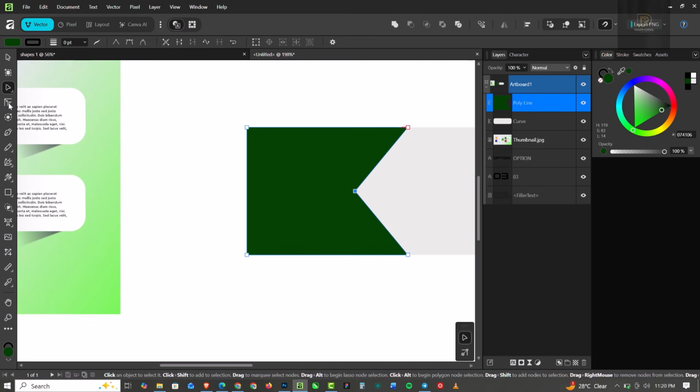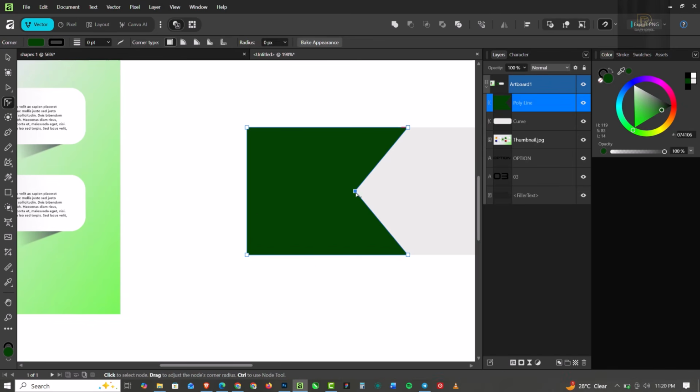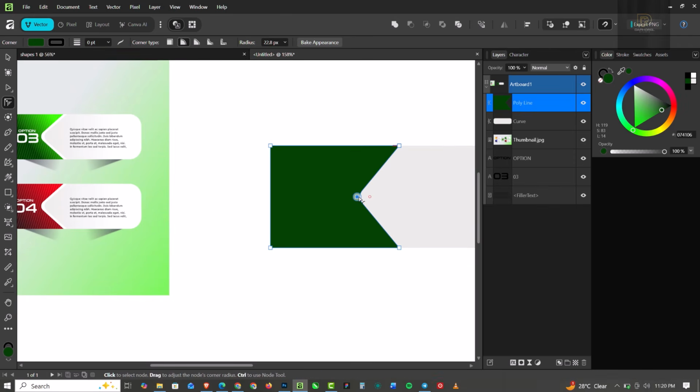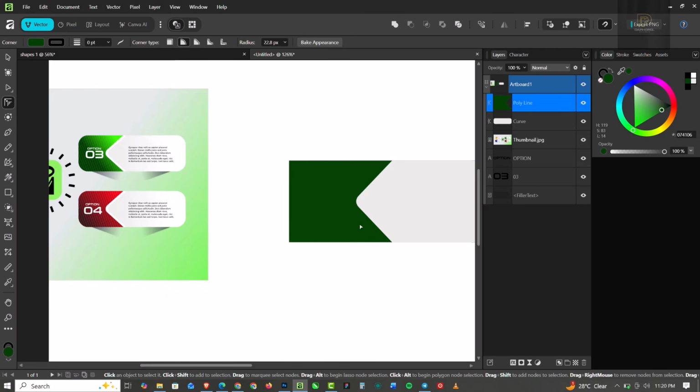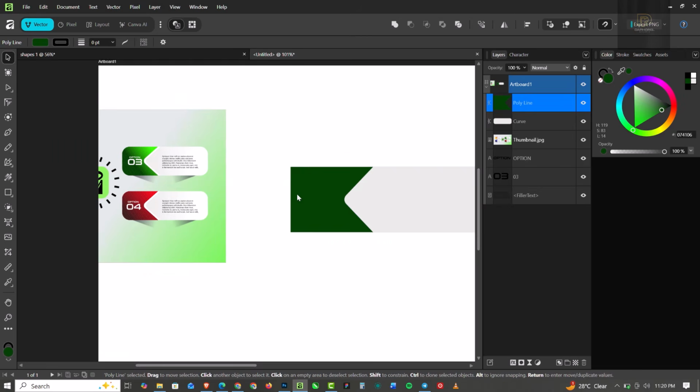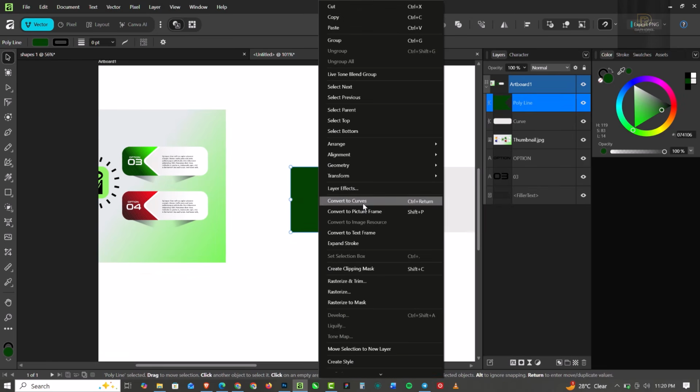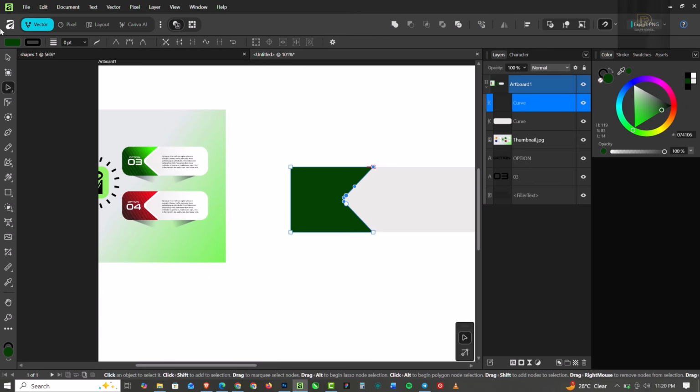go over to where you have your corner tool here like this, and bring this out to have a corner feel like this. Now to push it further inside, hold down Shift and Control to move it around like this. And basically that's all, right? So to balance things up, convert this to curve